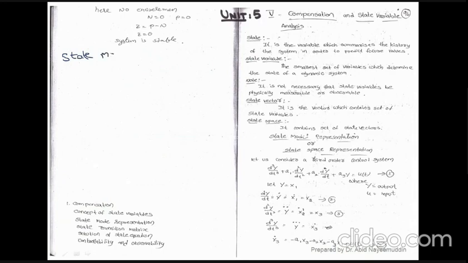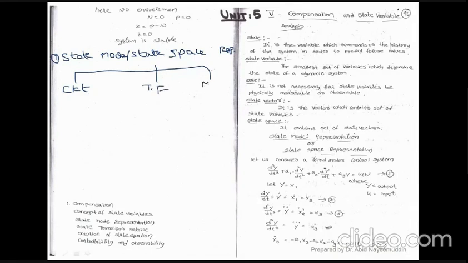State model or state space representation. So under this one you can go in three methods. This is your first concept. First, he will be giving you the circuit, second, he will be giving you the transfer function, and third, he will be giving you the matrix. Reverse, from the matrix you need to convert it to the transfer function. So these were first. Second topic is the solution